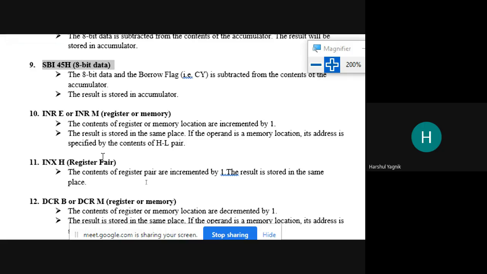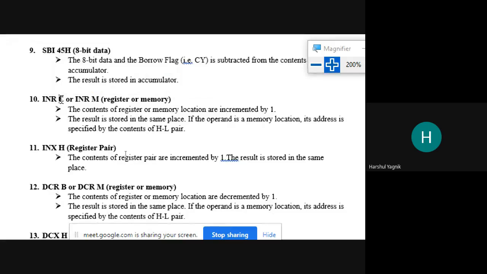Next instruction is increment. Suppose we want to increment the content of a register. At that time, we can use this instruction: INR E, INR B, INR C, INR D. And suppose we want to increment the content of a memory location. At that time, that memory address has to be in the HL register pair, and the INR M instruction can be used.